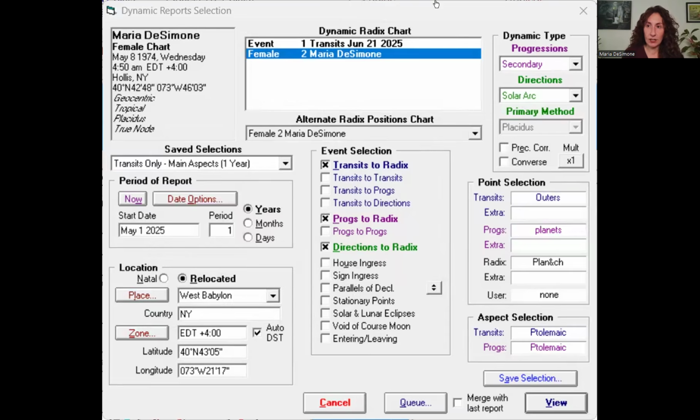So I'm going to stop the share again. That way I can click on it and show you what I am looking at. And so this is the dynamic report. And what you're seeing here, I have already programmed it for the way that you would need it for my classes. And this is an advanced example. Okay, so what we're looking at here is going to be the